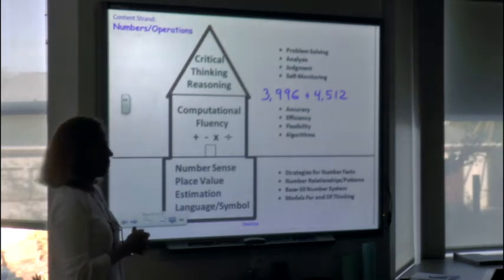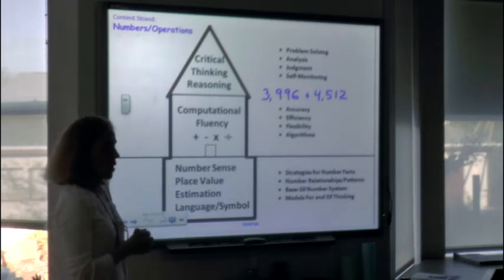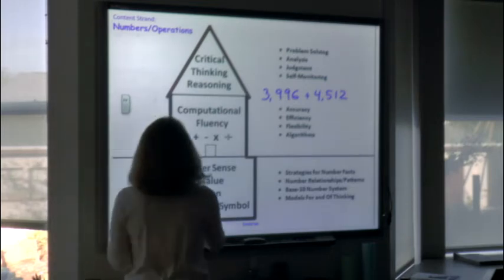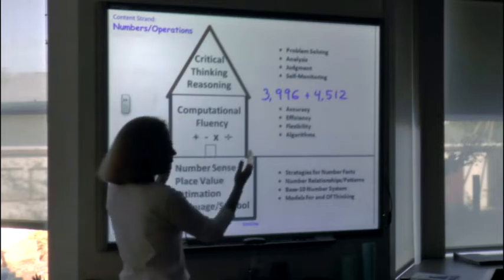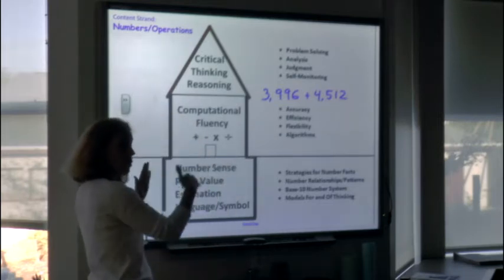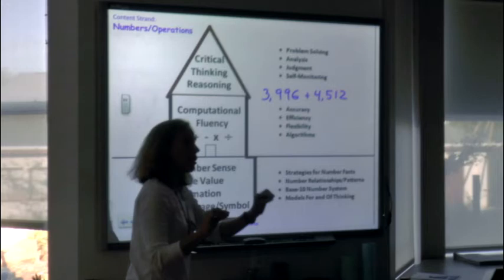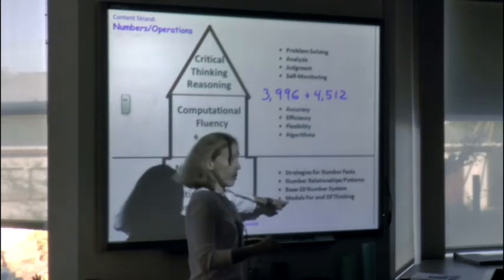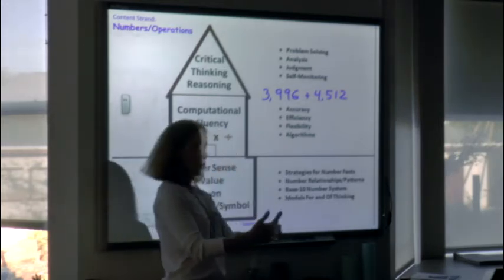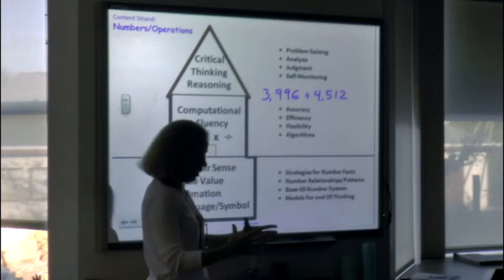4,000 plus that, and then subtract 4. Perfect. Anybody else? What else would you do? Because I saw some of you going like this, and in your mind, you're lining them up and trying to do your column addition. That is your model for thinking. Because that's what was presented to you early on, and you made a visual imprint, and that's the way